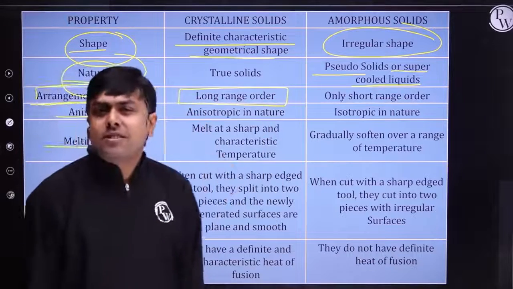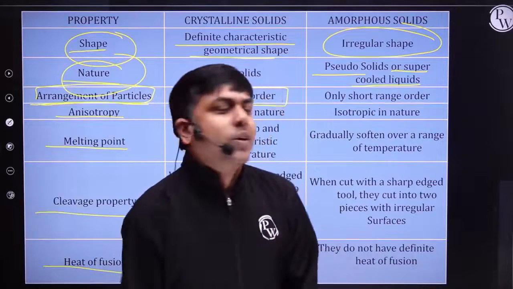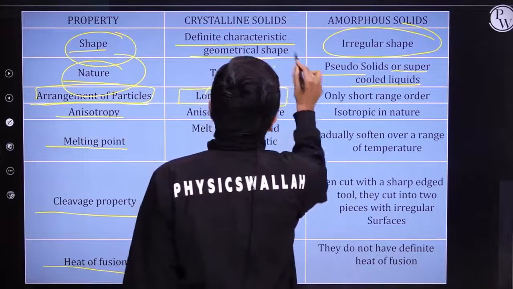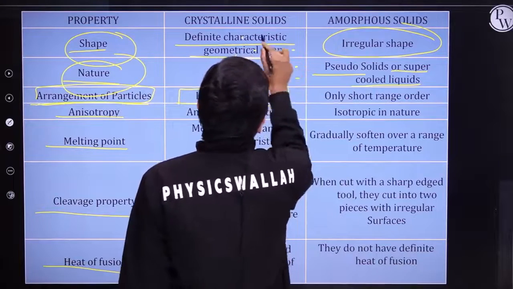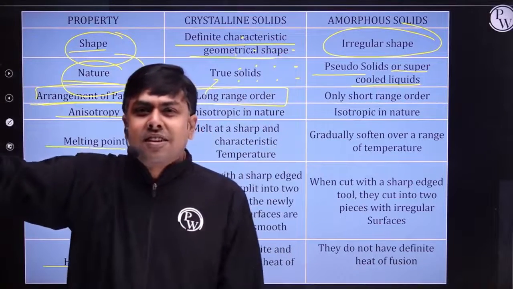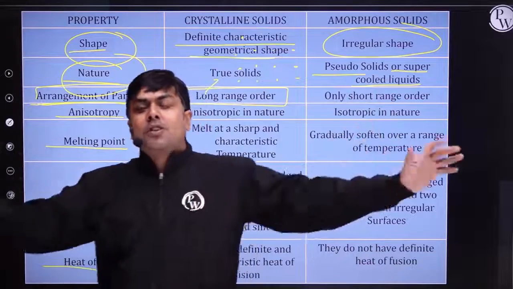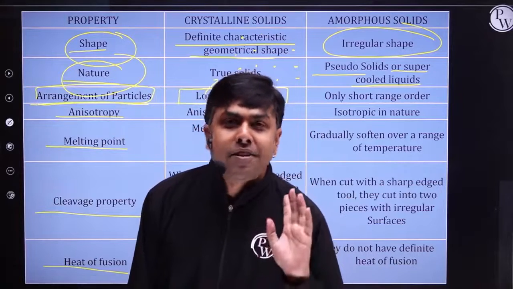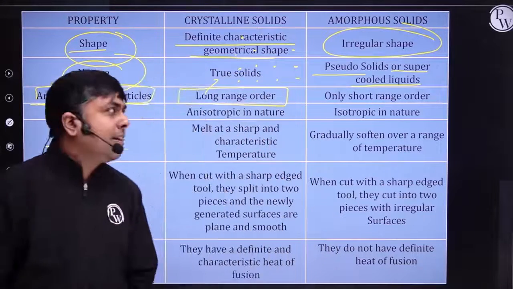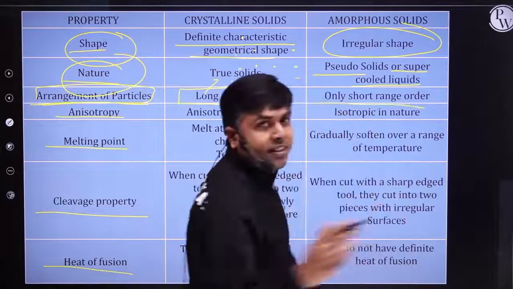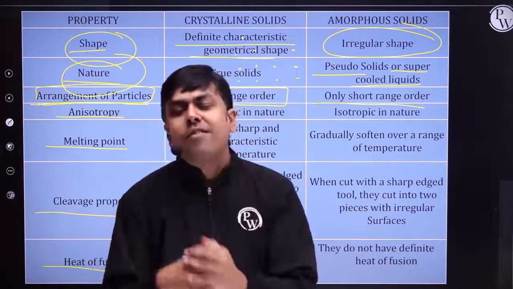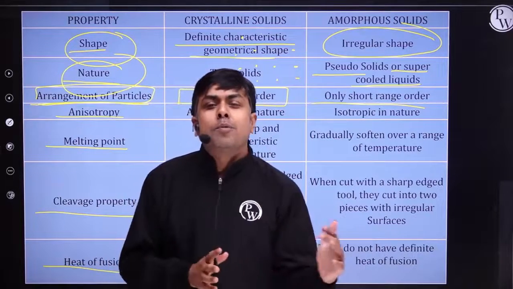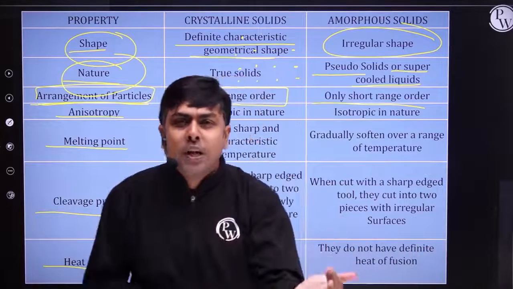What do we mean by the term long range order? Basically, students, in crystalline solids, this definite arrangement of constituent particles or atoms extends up to a very large distance. Throughout the lattice, throughout the structure, we have a definite arrangement, right? Whereas amorphous solids are referred to as short range order. Why? Because in amorphous solids, the constituent particles are arranged in a definite order, but up to a certain distance only, up to a few rows only, right?